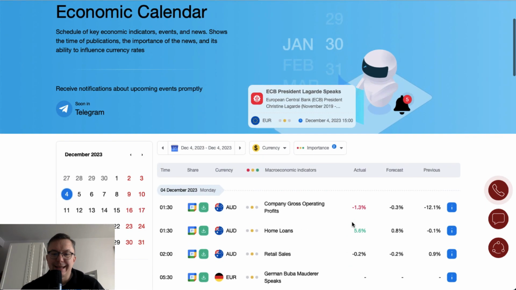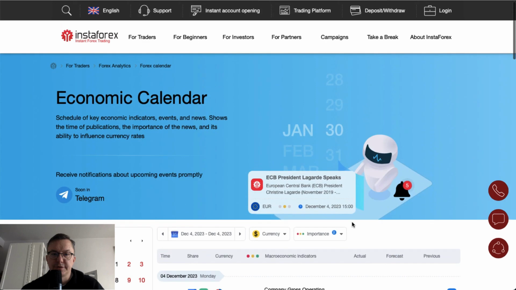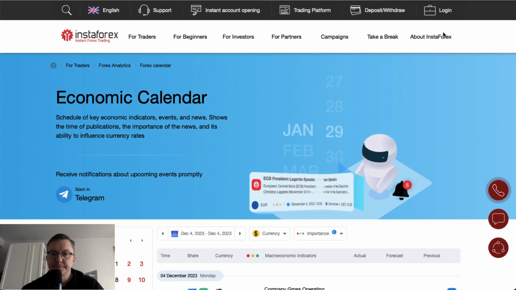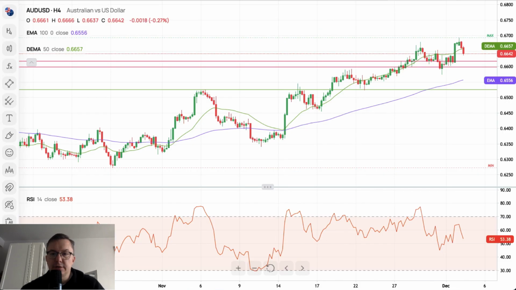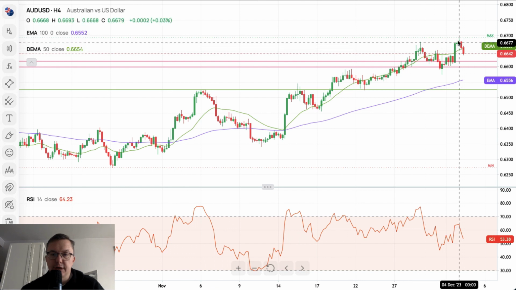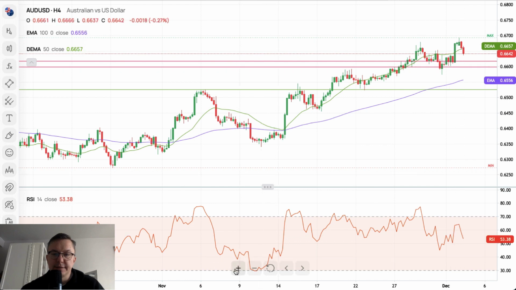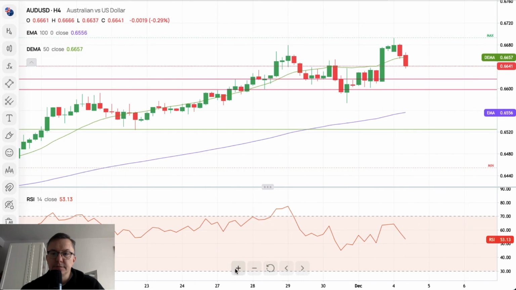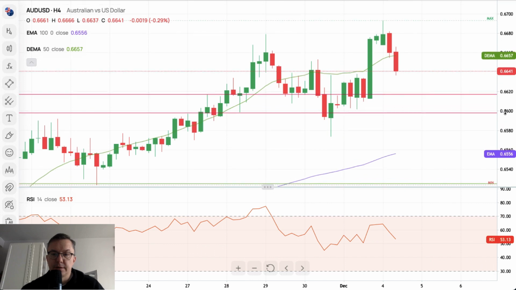Let's just switch to the technical part, and of course we are going to start with the Australian dollar. The Australian dollar to American dollar for our chart is showing us another higher high. This higher high was made at the level of 6,693, and this level looks like some sort of pin bar top, right?